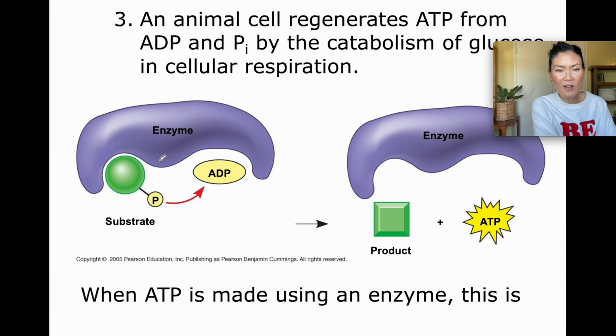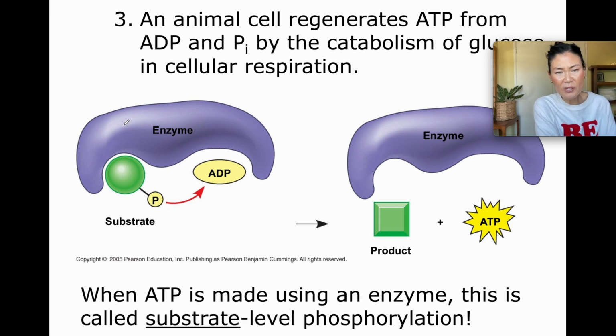So I like this diagram because it shows how an enzyme, in this case, is breaking a bond and making a bond at the same time. So this is an enzyme. It's also called a kinase because in this case, it's going to phosphorylate ADP. Remember I said at the beginning that one of the purposes of cellular respiration is to